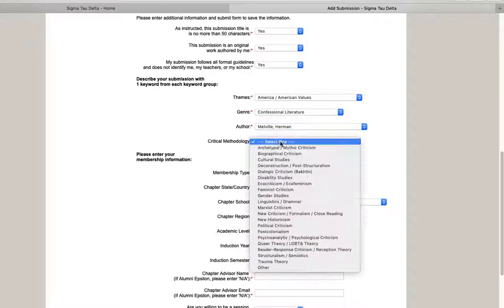All right, critical methodology. Again, do you talk about gender studies? Is it more of a feminist criticism focus, eco-criticism? What sort of methodology is at play in your piece? If something isn't listed, or if you didn't mention one of these, if it was a creative piece and you don't have a methodology specifically tied to it, you could always click other. We will choose